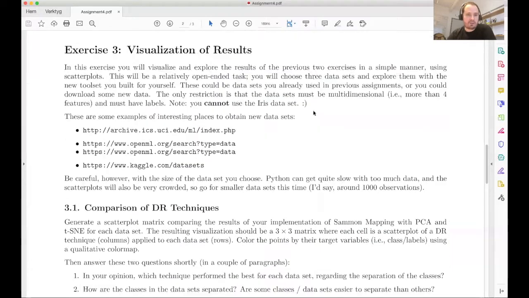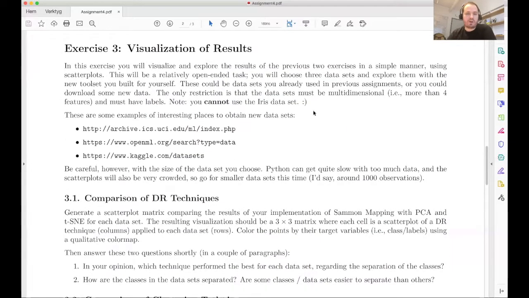And then finally we get to exercise number 3, where the idea is that you're going to take the stuff that you implemented in 1 and 2, and then you're going to build a report where you're going to visualize some results and discuss them a little bit. What are the strengths of the stuff that you implemented? So